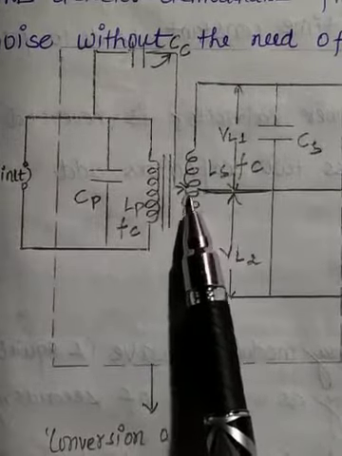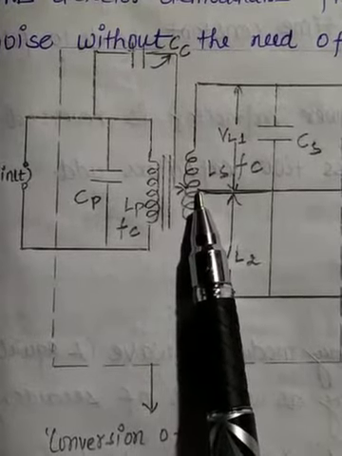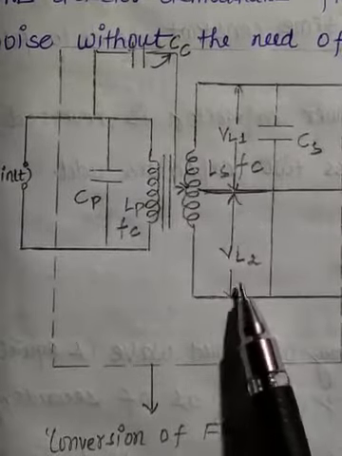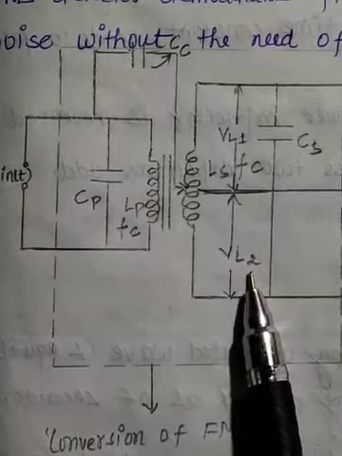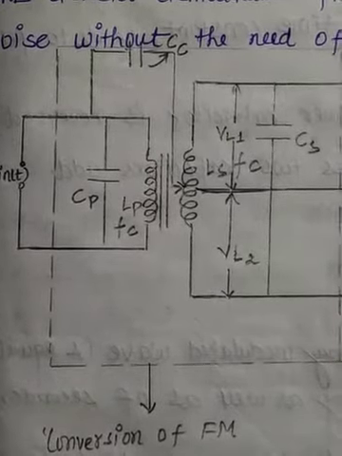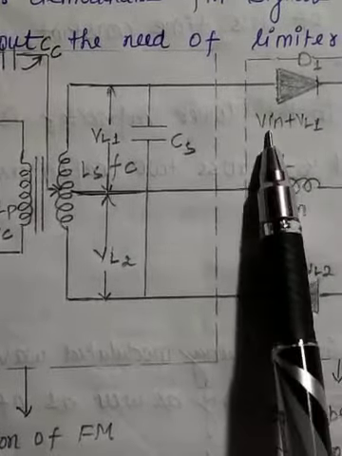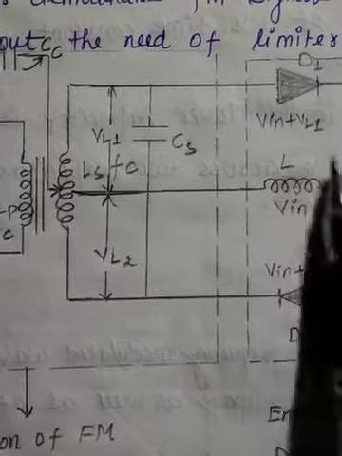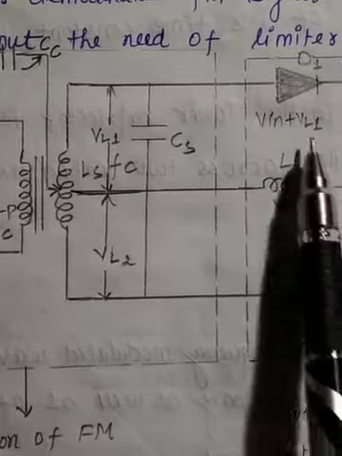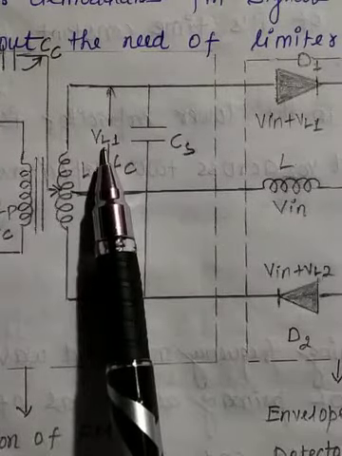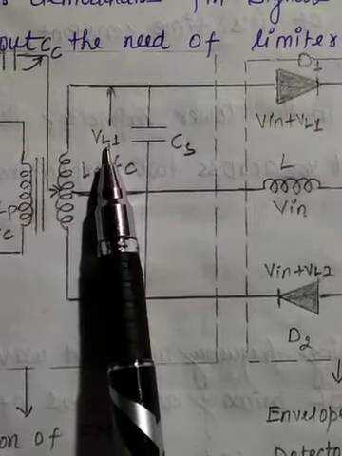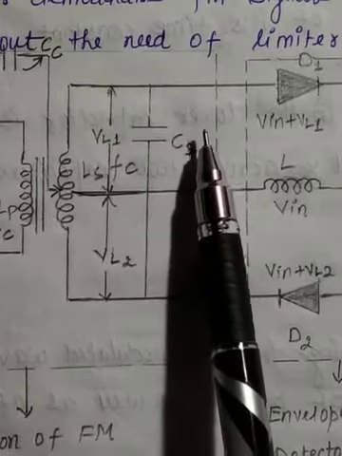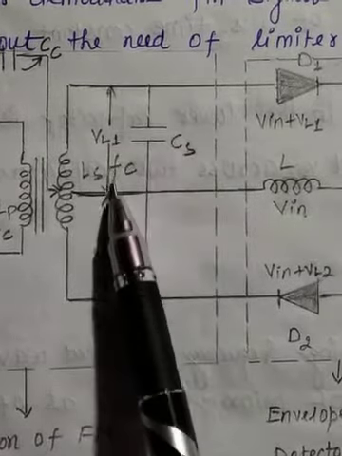because the secondary is center tapped here, so the upper half has voltage VL1 and the lower half has voltage VL2. So the voltage across the diode D1 is V in plus VL, V in by this RFC coil, and VL1 is due to this circuit, the secondary circuit. Okay, and because there is only one capacitor, so the upper half voltage will be plus